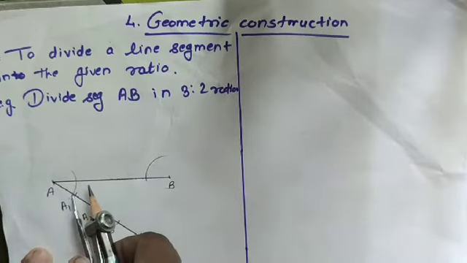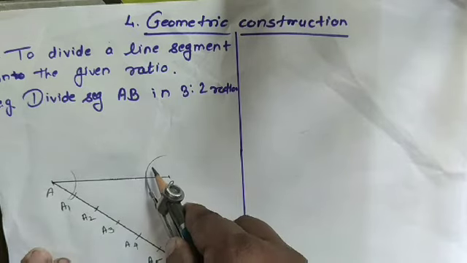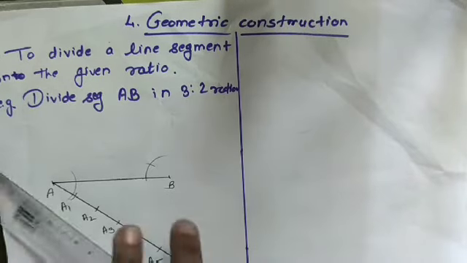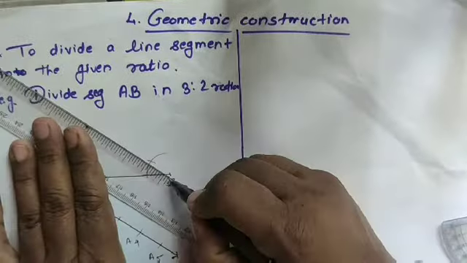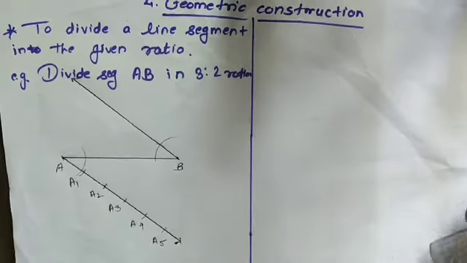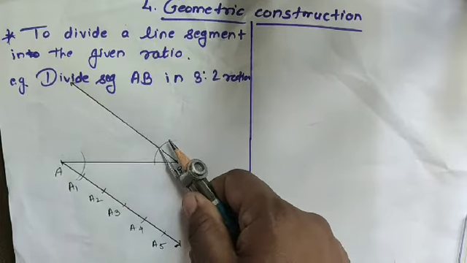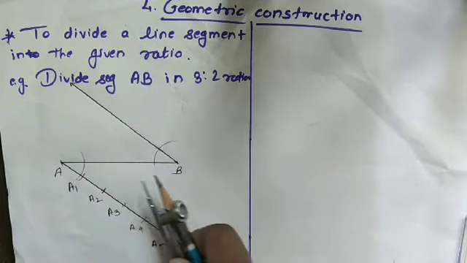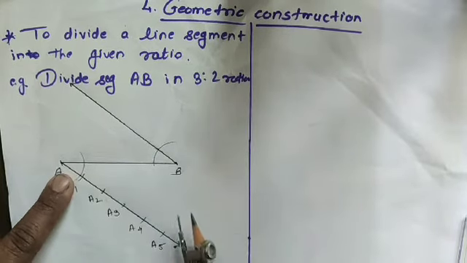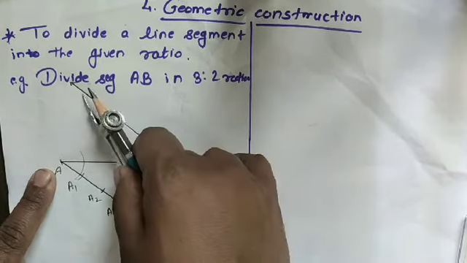Now take the distance between the two arcs in your compass. Better you use the protractor, there will be no problem. Then here we have to draw this arc which intersects the first arc. Now I have to join this point B, and draw the line passing through this point. Now I draw a line which passes through the point B and the point of intersection of both the arcs. Now my angle BAB, this angle at A downside, is congruent to angle BA and whatever it will come here.